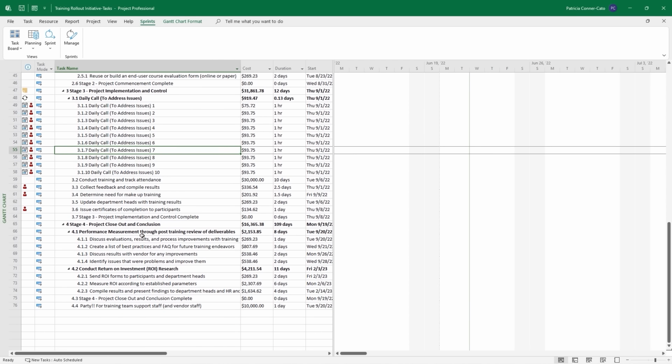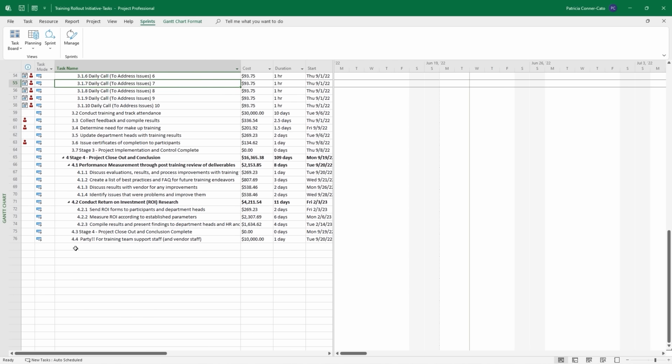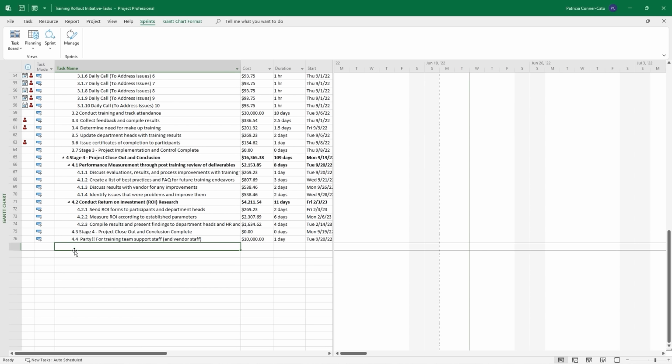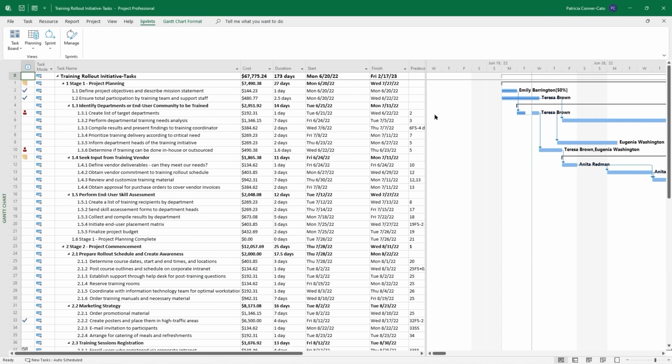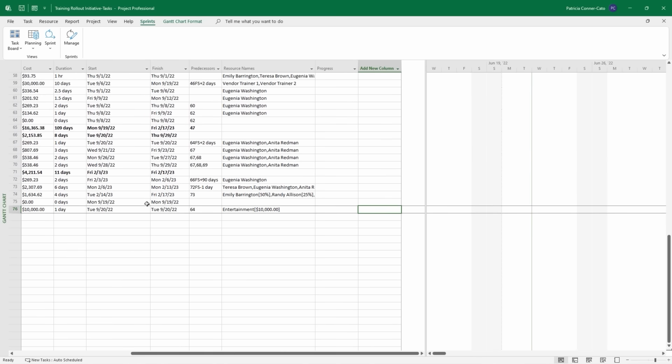Once you've done that, go to the very bottom of your task list and click in the first blank task name cell. So we're going to set a deadline task here. I noticed the finish date of the project. Let me go take another peek at that. February 17th, 2023. So I'm going to say that we have a couple of weeks wiggle room. At the absolute latest, this project needs to be finished by February 28th. So I'm going to set a deadline of February 28th, and